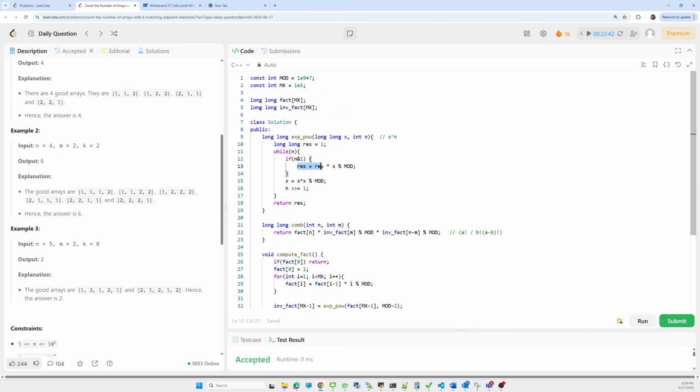Here our result will be result times x, means the value of x we have to update in result. Else we have to do the square. First, square of x and divide n by 2.